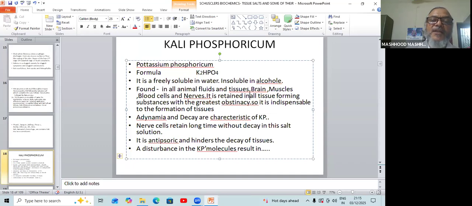Nerve cells retain for a long time without decay in this salt solution. This was the proven one. It is noted by Schüssler that it is an antiseptic and hinders the decay of tissues. Kali phos. A disturbance in the Kali phos molecules results in